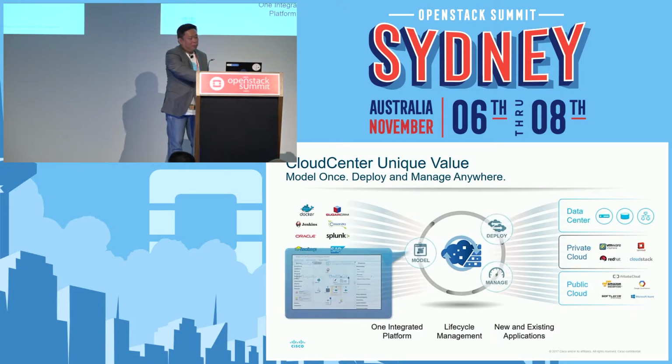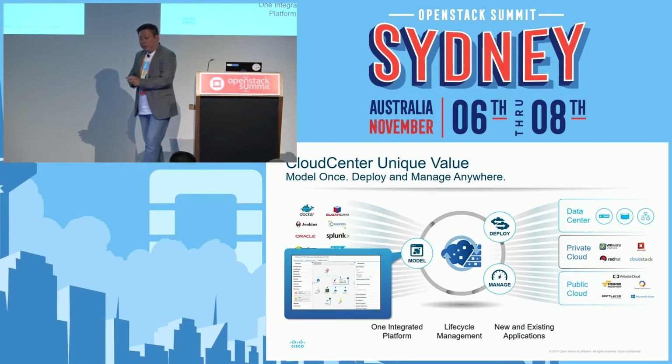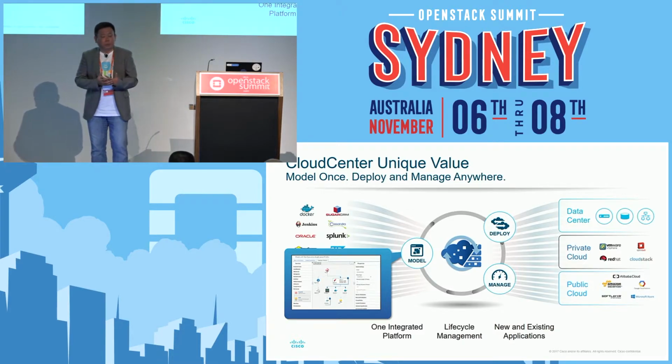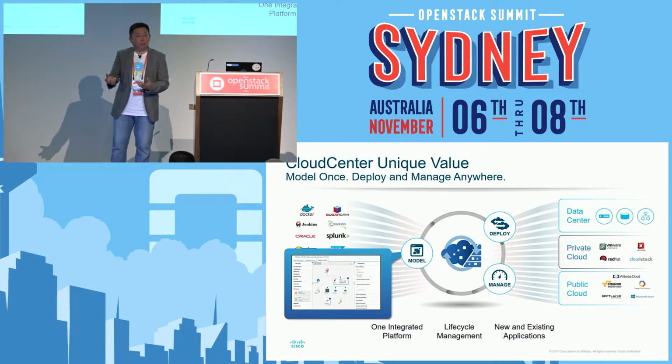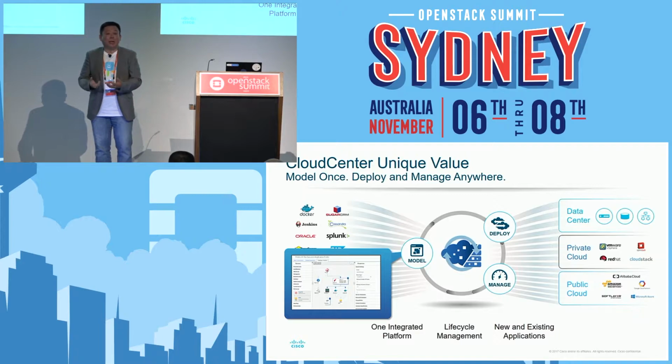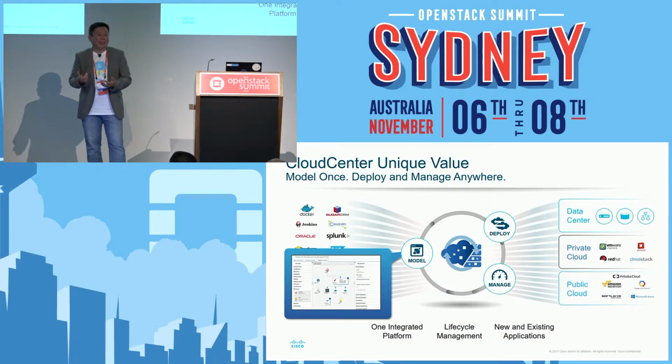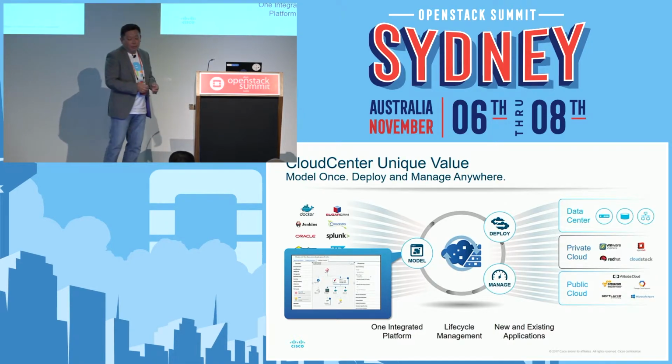So let's look at how we actually do it. A couple of things: providing that central management to model, first, to build your application. Second, to actually deploy to a target cloud, using our orchestrators, and then manage it. So things like power on, power off, costing, for example, leasing. I'm going to talk a little bit about that as well.